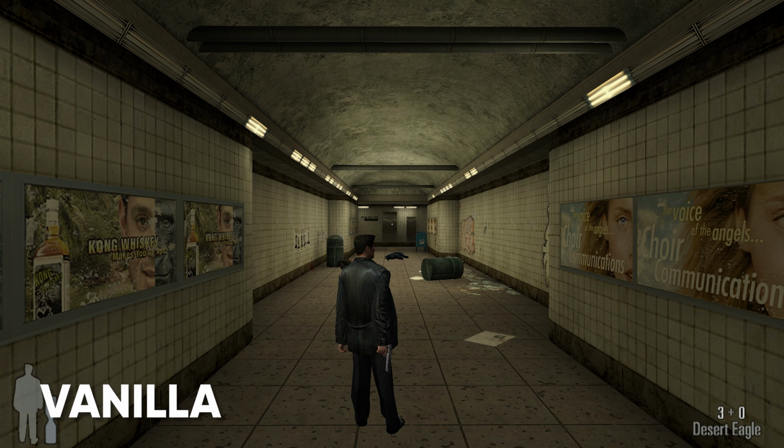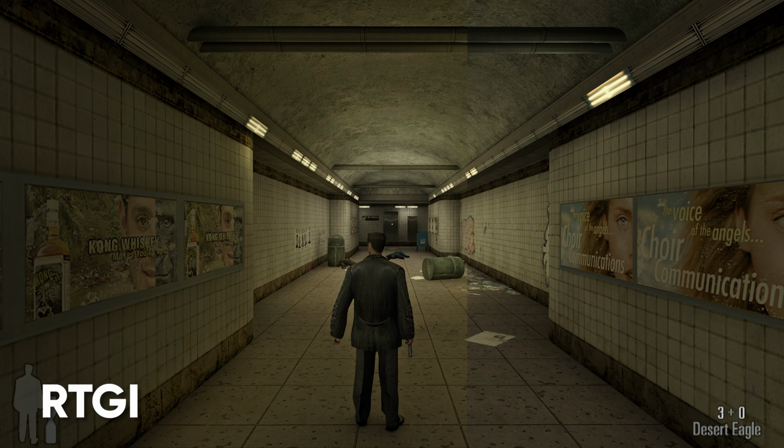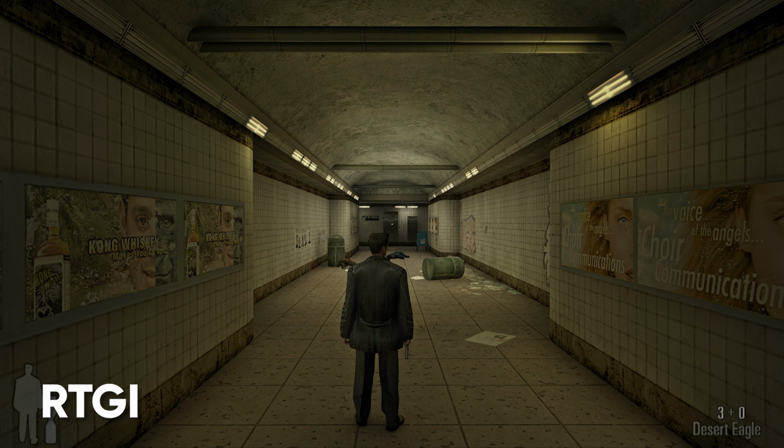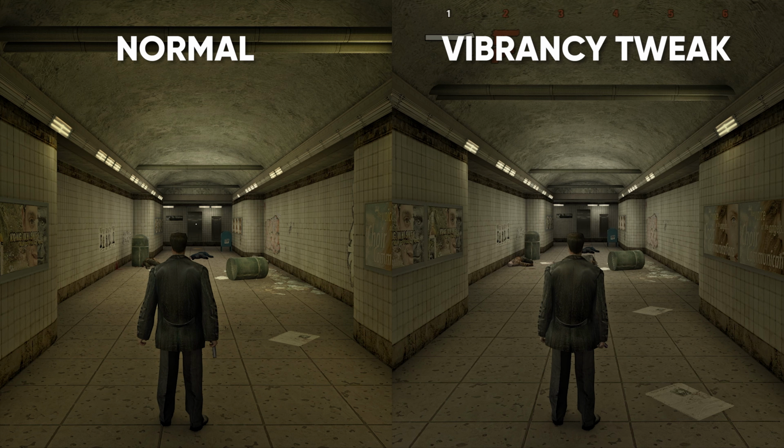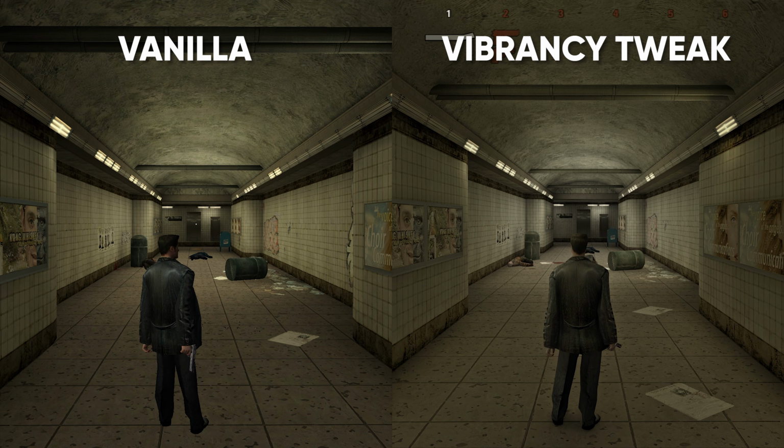This subway corridor was also a perfect example of how much of a double-edged sword it can be. For example, this is supposed to be a dark, gritty grey area, but if we turn on Marty's RTGI shader, it becomes all warm and cozy again. But in the top right, the lights reflecting onto the walls add such a nice detail to the scene. Reducing the vibrancy by at least 3 will make the scene a lot closer to the original, which is great,